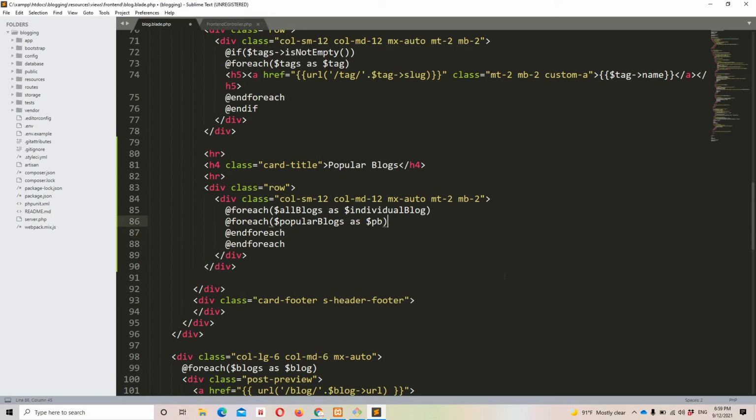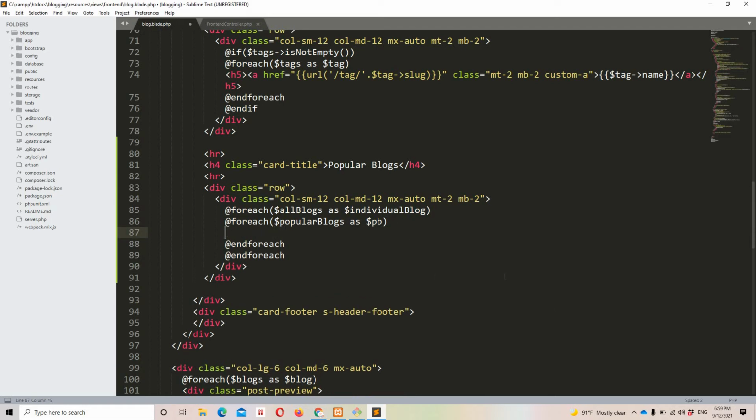Now based on the condition where the blog ID matches, we can simply display the details of that specific blog. So add if and only if, this is going to print only if this ID matches this popular blog ID. So yeah, if $individualBlog->id equals $pb->blog_id.